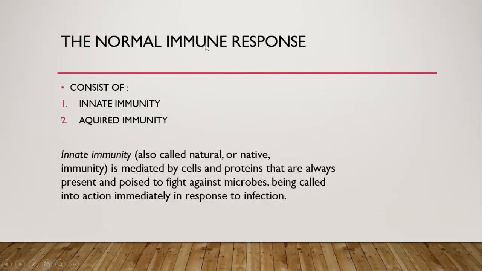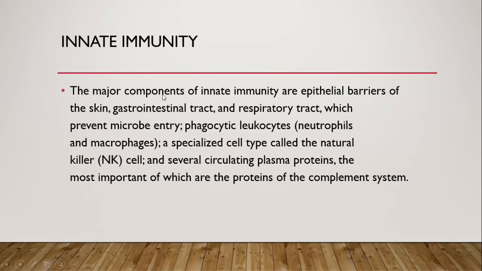What are the components of the normal immune response? It consists of innate immunity and acquired immunity. What is innate immunity? I have discussed it. It is a natural type of immunity that is mediated by cells and proteins that are always present and poised to fight against microbes, being called into action immediately in response to infection. So they are the first to respond to any infection; it is non-specific and we term it the first line of defense. The major components of innate immunity are epithelial barriers such as skin,